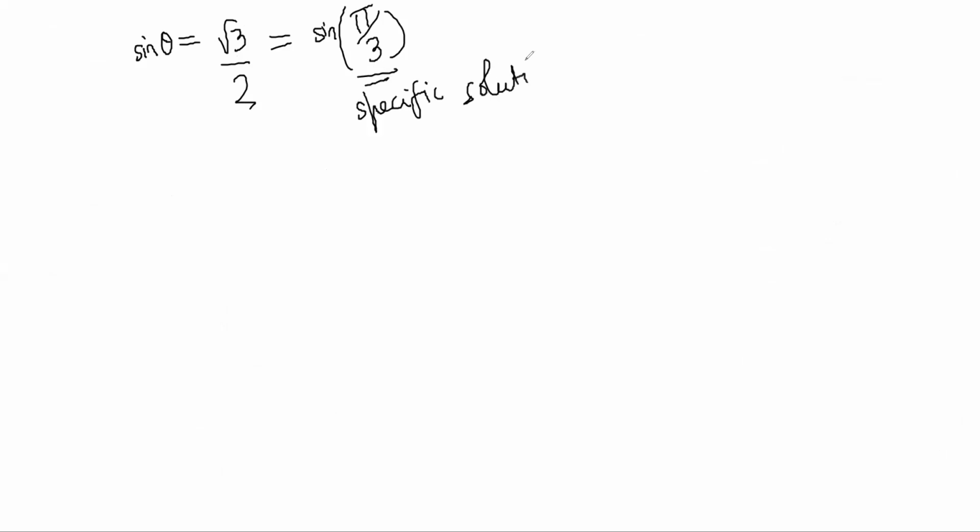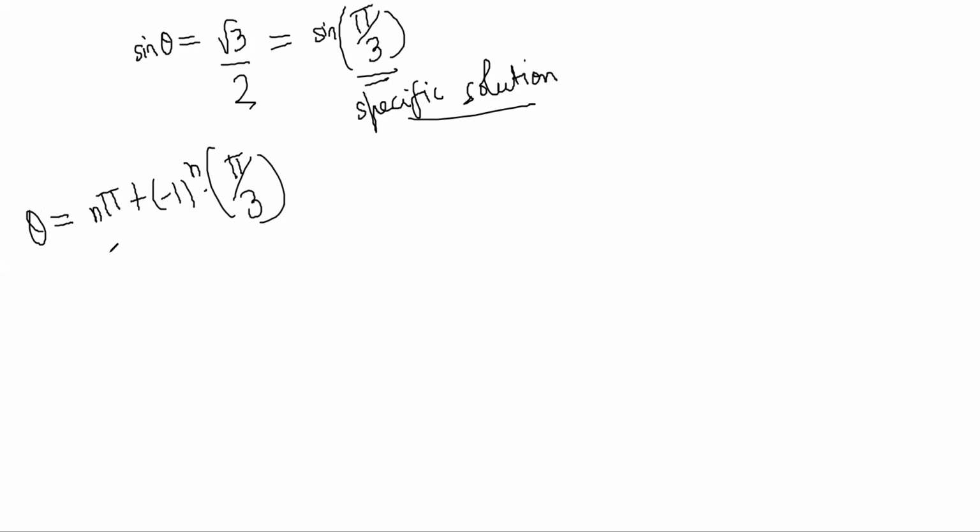So if I have something like this, suppose, and I have to find all possible angles of theta. So I'll say root 3 by 2 is equal to sine of which angle? Pi by 3, right? This is a specific solution. Pi by 3 is a solution. Theta is equal to pi by 3 is a solution. It's one particular solution, right? And if you want a general solution, you want an expression which will give you all possible theta, right? That will be n pi plus minus 1 to the power n into pi by 3.